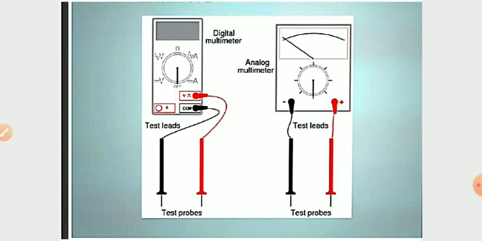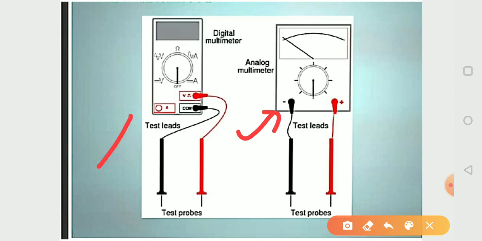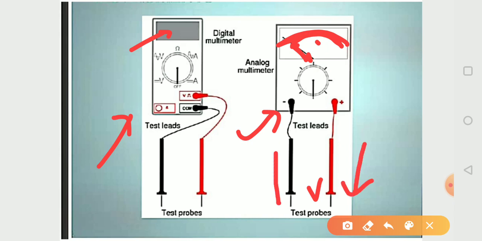Here we can see that this is an analog voltmeter and this is a digital voltmeter. Here a pointer moves on the calibrated scale, denoting the supply we are giving here. And this is the digital multimeter, where the value of the output is displayed, and these are the probes, one for the positive terminal and one for the negative terminal.